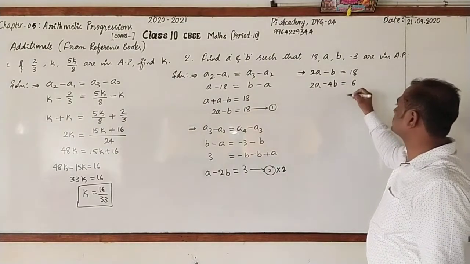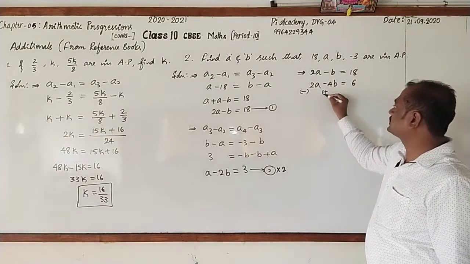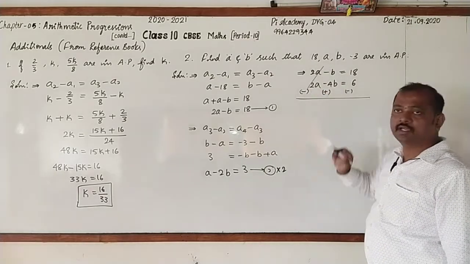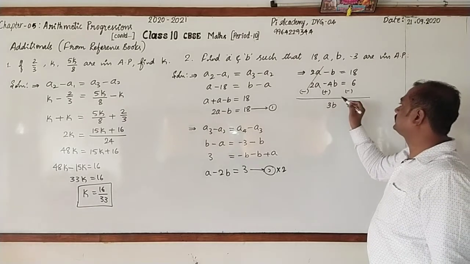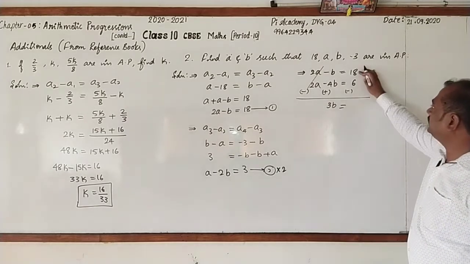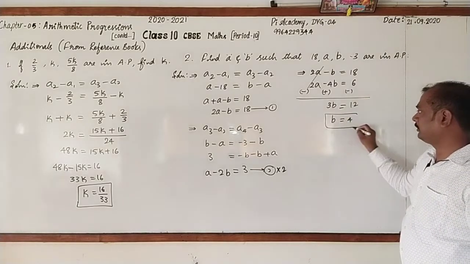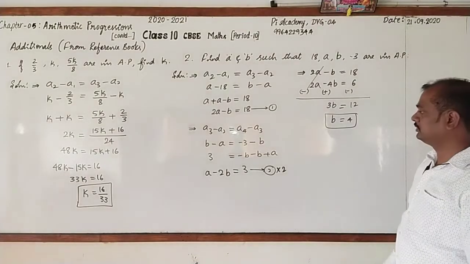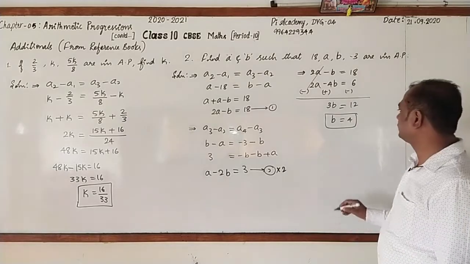Next, you may go for changing the sign. Minus, this is plus and is minus. 2a minus 2a get cancelled. Minus b plus 4b, it is 3b is equal to 18 minus 6, this is 12. So b is equal to 12 by 3, which is nothing but 4. Now we want a value. So substitute b in any one of these two equations. Alright.